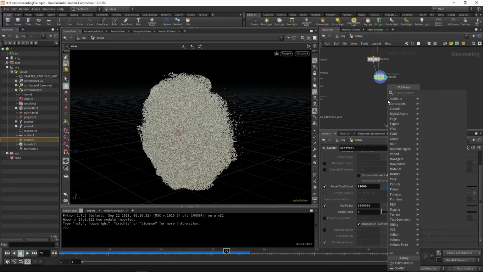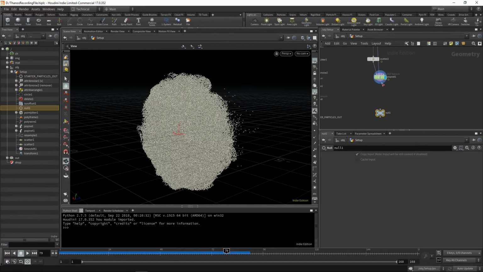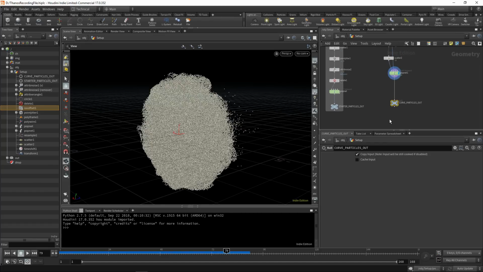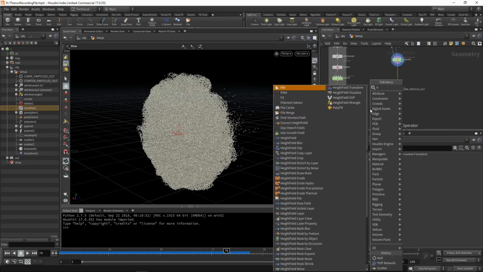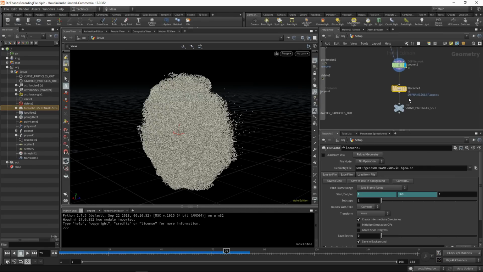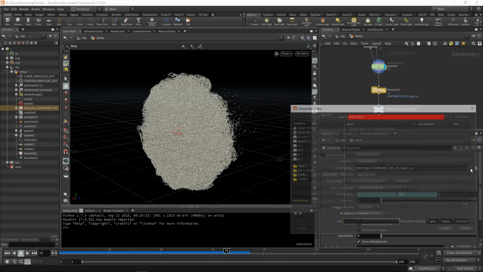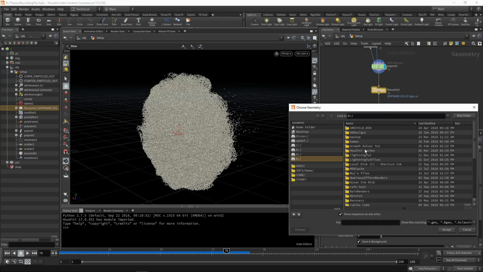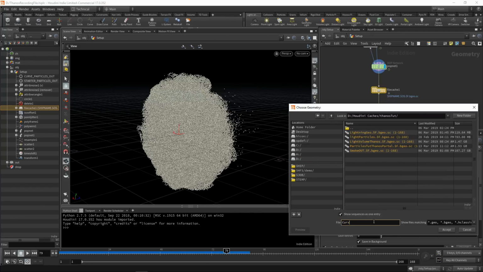Next, we can just drop down a null, and this one we'll call curve_particles_out. And what we're going to do is file cache. So drop down a file cache node, and I'd actually like to file cache both of these separately. So we're going to, just before our null, add a file cache node to our curve particles out, and then we're going to find a place to save them. So let's just go and find a place, and we're going to just call these curve particles